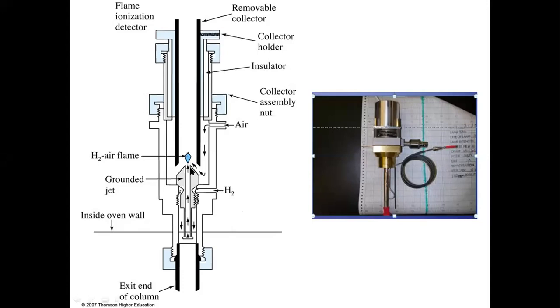All those organic compounds will undergo combustion here to produce ions, free radicals, combustion products of those organic compounds, and electrons. There are two types of ions produced here, positively charged species and negatively charged species. These positively charged species are going to be attracted by the collector electrode here. There will also be a repeller electrode, maybe the stem of the Bunsen burner, or a separate repeller electrode placed over here. Two electrodes are required: the collector electrode and the repeller electrode.